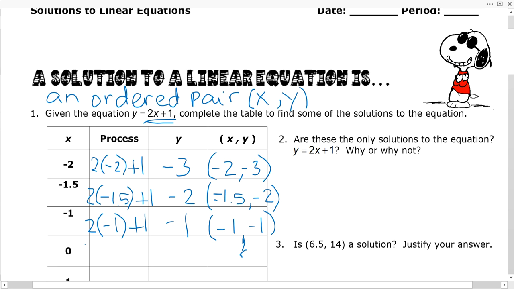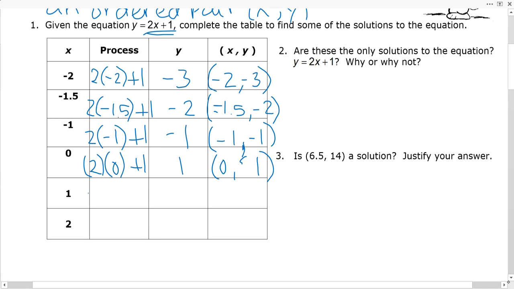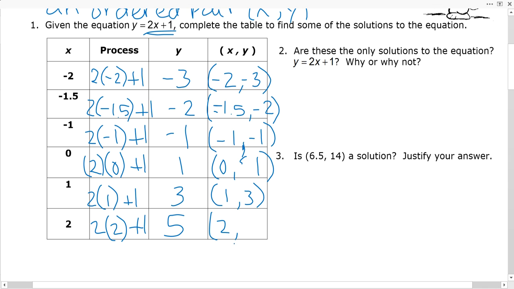Okay. 2 times 0 is 0, plus 1 is 1. So this is going to be 0, 1. 2 times 1 plus 1 is 3. So 1 and 3. 2 times 2 plus 1 is 5. So 2 and 5. So there are our ordered pairs that are solutions, some of the solutions for the equation